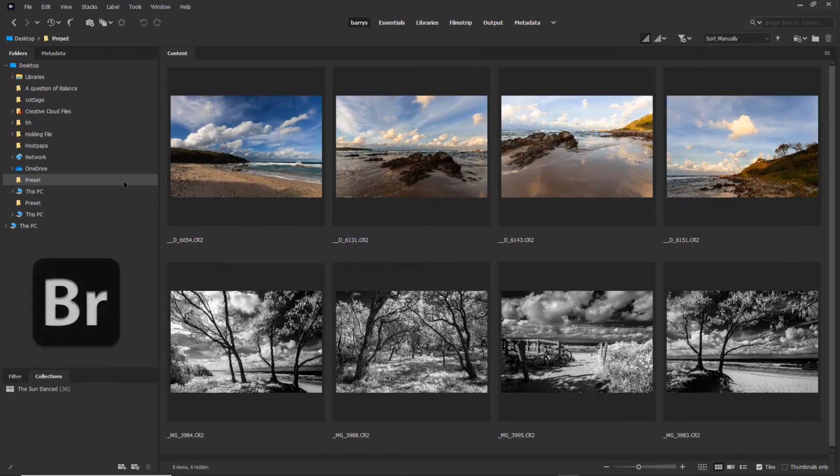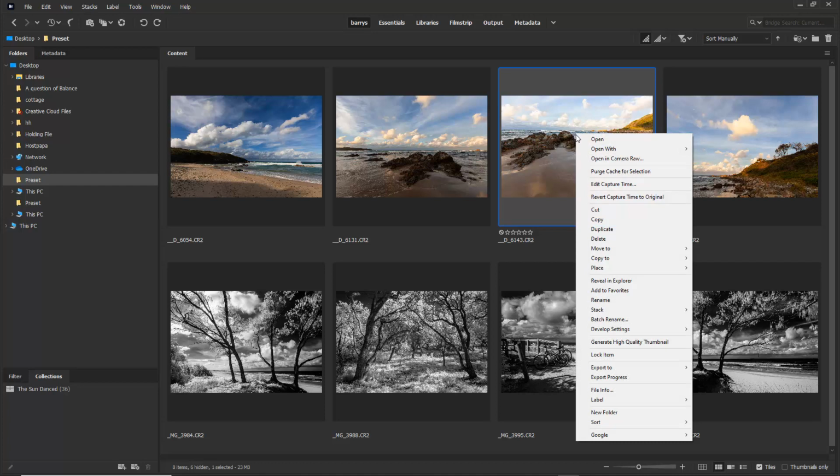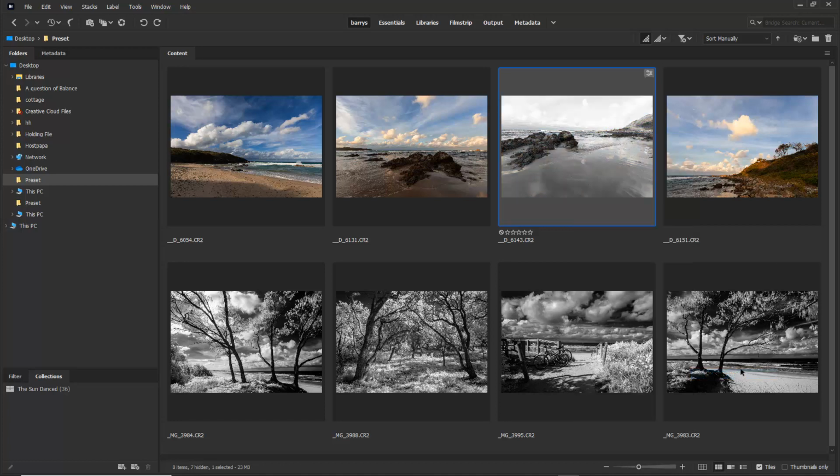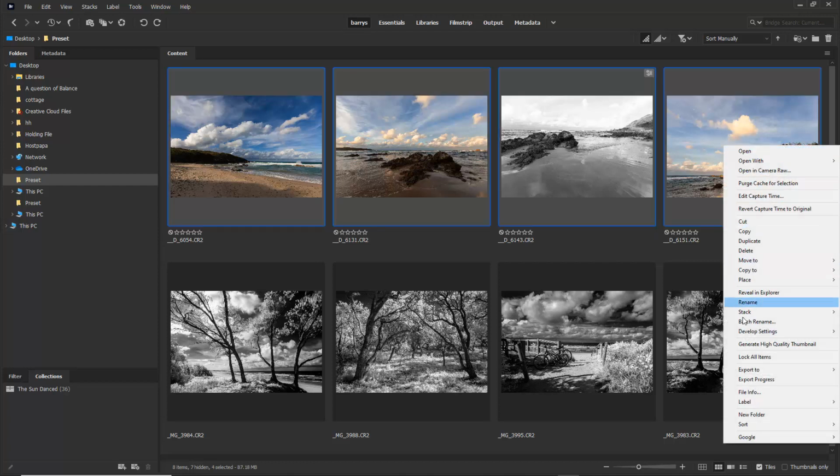Now what I've done once again is just quickly close down Adobe's Bridge and relaunched it, because that preset that I've just created is going to be shown to us in a slightly different way. If I wanted to look at any of the images in the top row here as black and whites, let's select this one for example, but I could select one image or 100. I can now right click the thumbnail, go down to Develop Settings, and the preset I made will now be sitting there for me to use. So I can apply it here or to a whole group. I'll do that quickly,